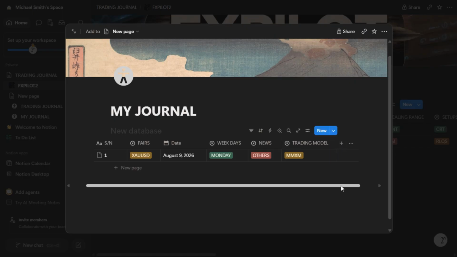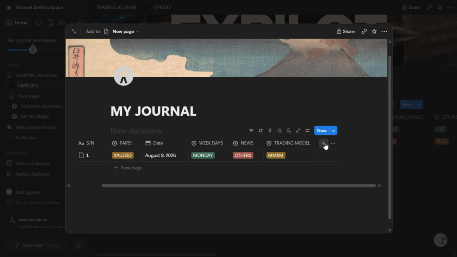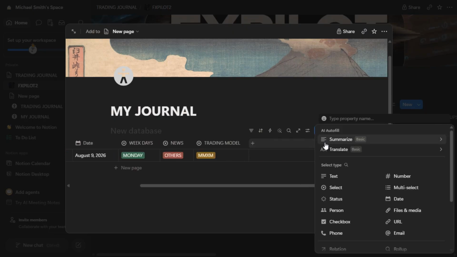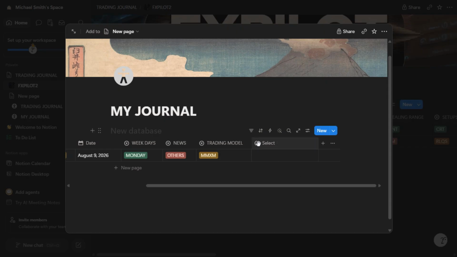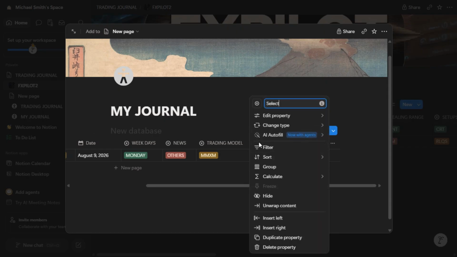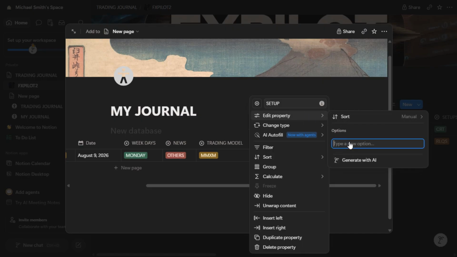Then the next thing is your setup. So the next thing is setup. Click on select, edit it, and add setup. So edit property. Now I will give you the difference between model and setup, because I know a lot of people would like to know. Setups. Okay, so